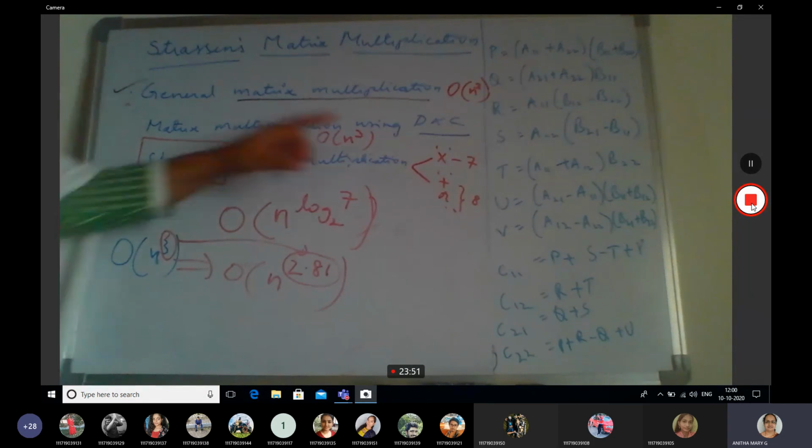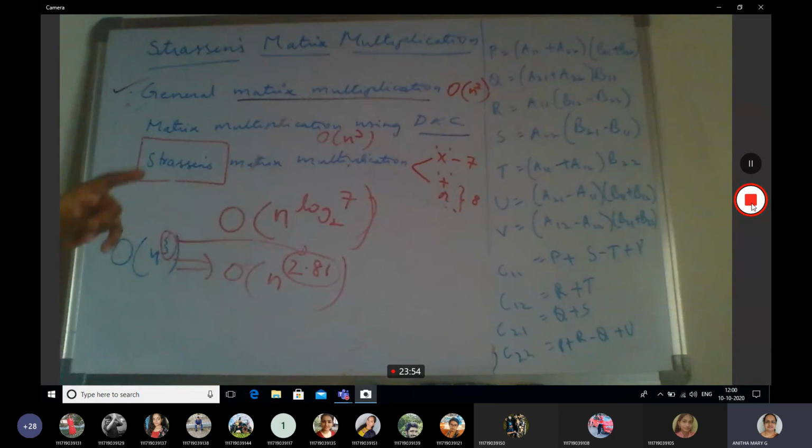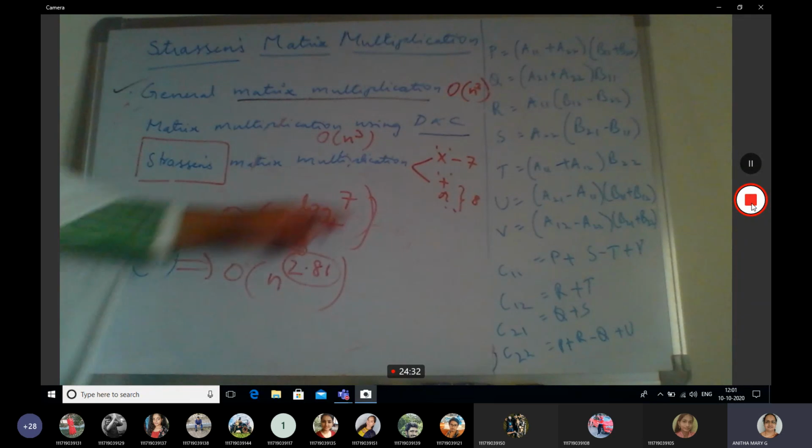When exactly do we use the divide and conquer approach? When the problem is big. A small matrix we say is 2 by 2. Other than 2 by 2, multiples of 2, 4 by 4 and above, such things we call a big problem, and in order to multiply such big matrices, we use the divide and conquer approach by calling recursive functions. We solve the bigger problems and get back the solutions, as we have done for the other problems. Similarly with matrix multiplication, using the divide and conquer approach.